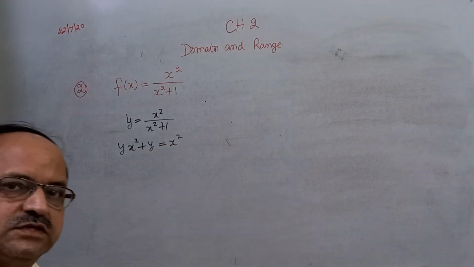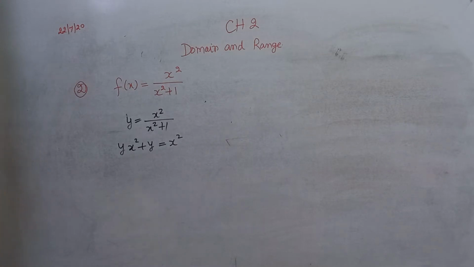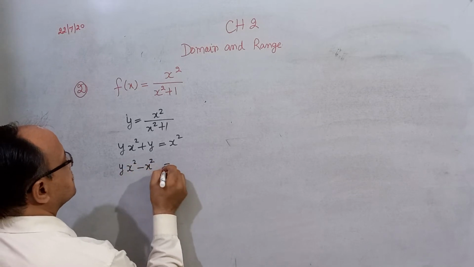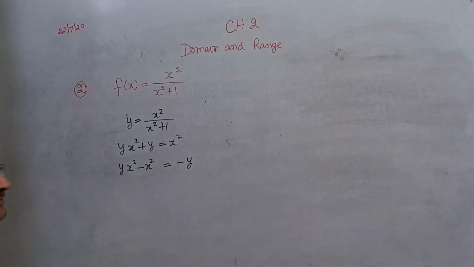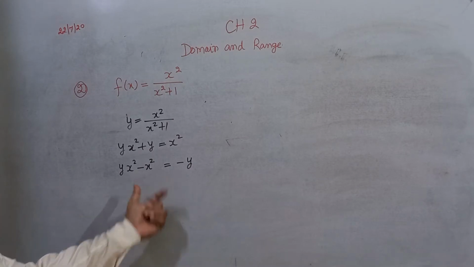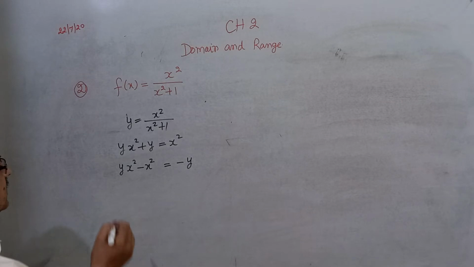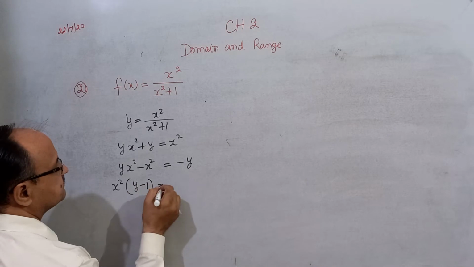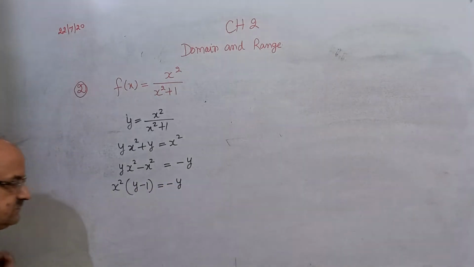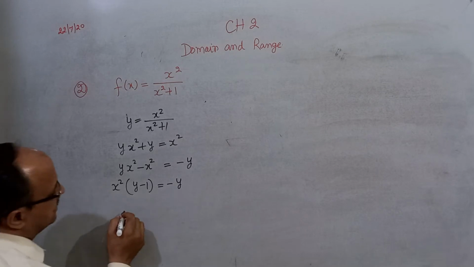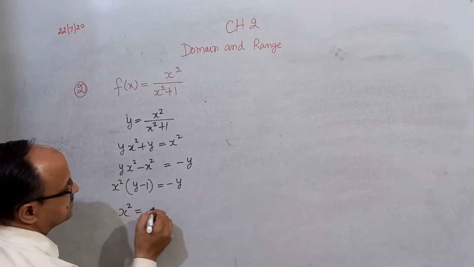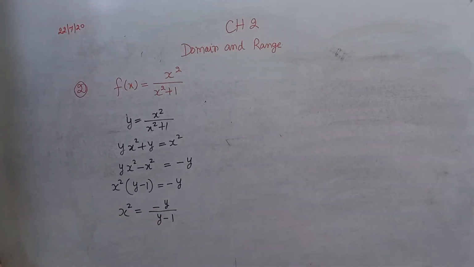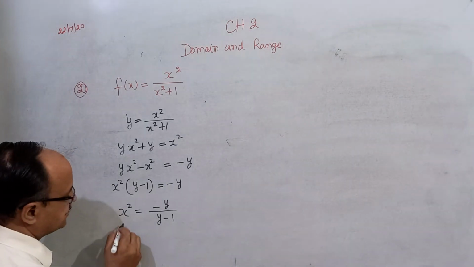Now shift those terms containing x to the left hand side. Y x square minus x square is equal to minus y. You can write like this. Clear? Now take x square common. That is x square times y minus 1 is equal to minus y. Therefore, x square is equal to minus y upon y minus 1. Taking square root both sides,